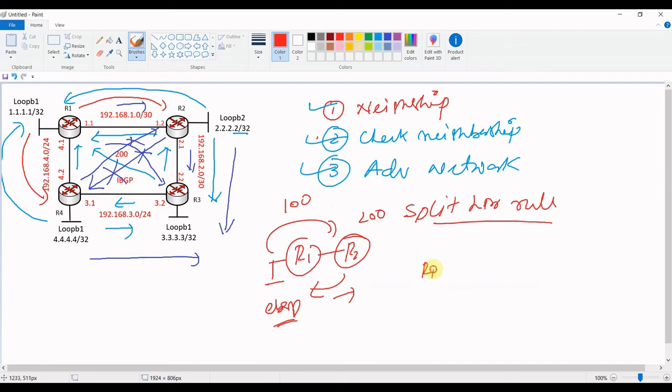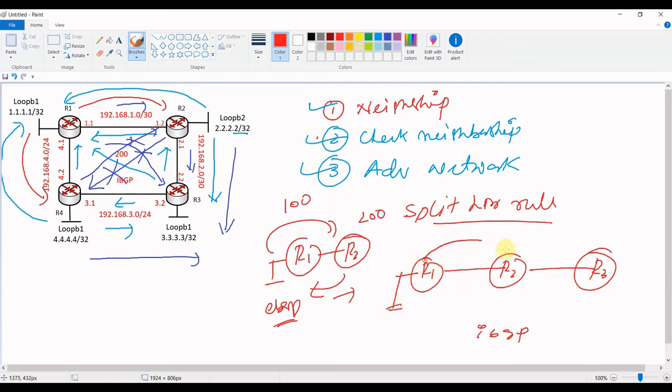And what is it for IBGP? Let's say we have router 1 here, router 2 here and router 3 here, and we have IBGP relationships between router 1, router 2 and router 3. A network which is advertised from router 1 goes from router 1 to router 2. When router 2 would advertise the same network to router 3, it will not advertise it. This is the default loop prevention mechanism in IBGP, because from R2's perspective, it has received the update from an IBGP neighbor.